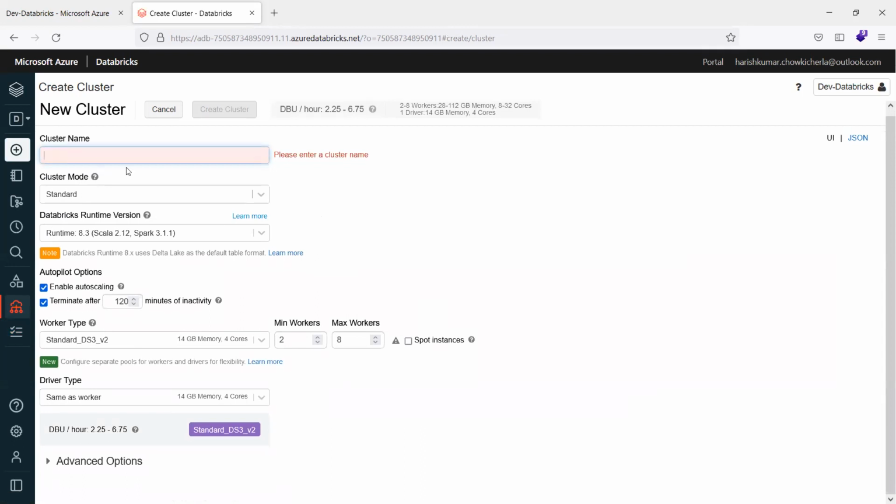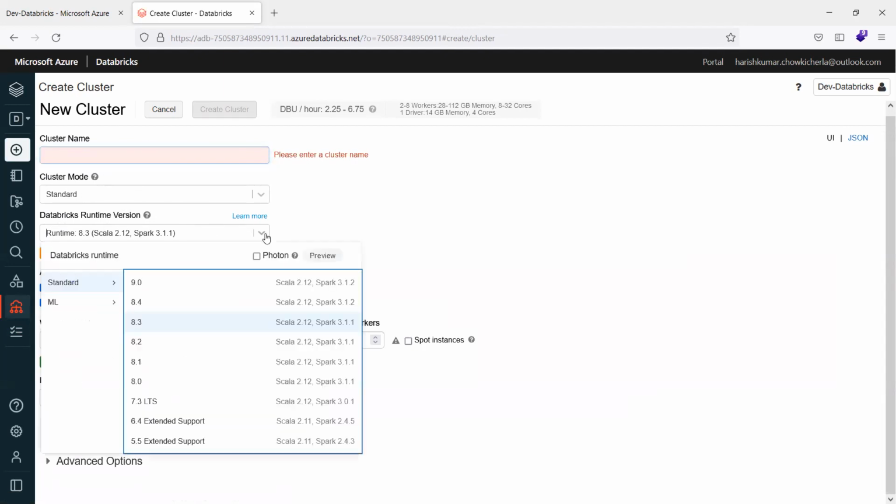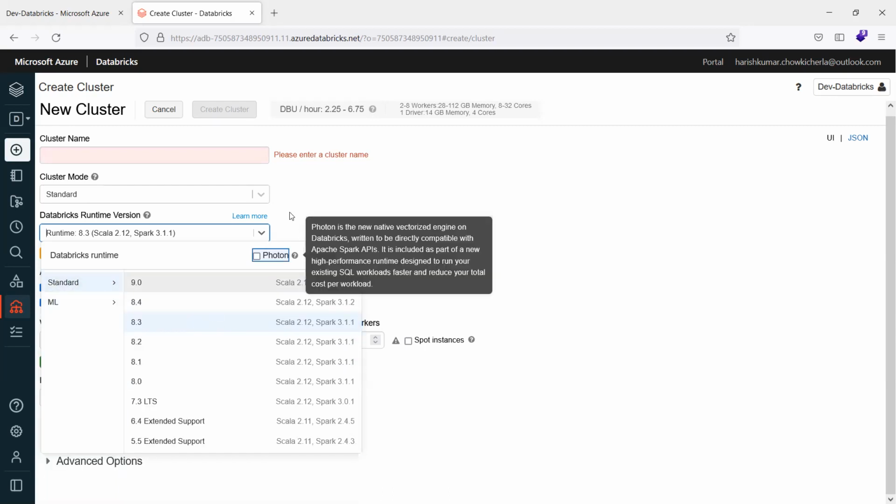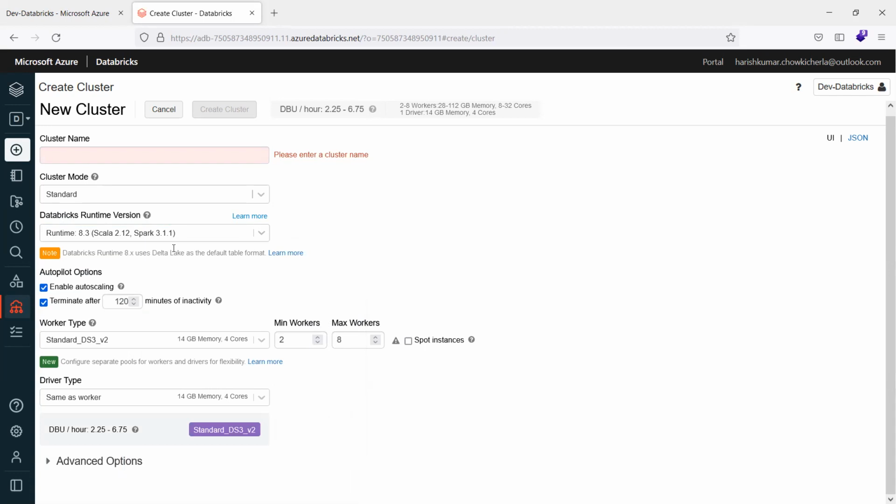So here you can see the cluster name as per the community edition, and you can see the Databricks runtime, where you can select the runtimes you want to go with. But the advanced thing here, earlier it might not show you this grouping, but here it shows the groups. If you want to go with standard data engineering, you can go with standard. If you want to go with machine learning, you can go with machine learning. All right. So I'm not going to select anything. I'm just going with the default for data engineering,